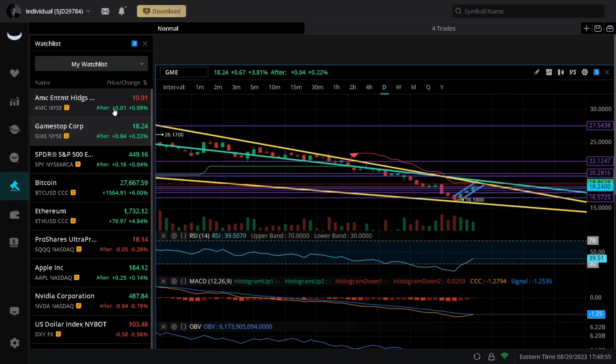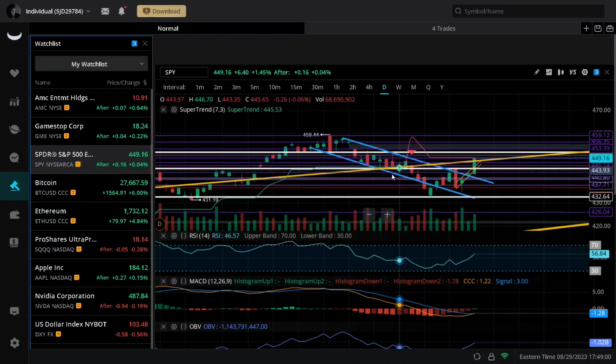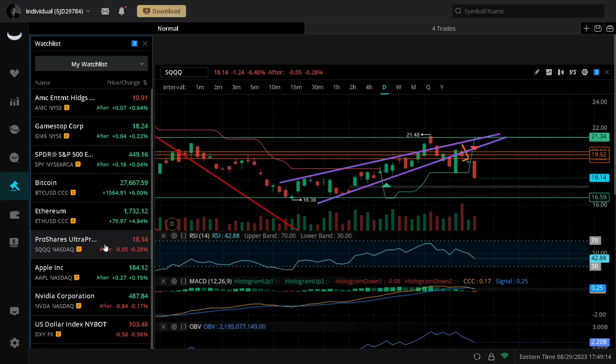I do think September is going to be a great month for meme stocks, and it's going to be a bad month for the market. Historically, September and October have been very bad months for the market. If you look at historical context, you'll see that September and October have been down months for the market most of the time, and this is why I'm playing SQQQ. SQQQ goes down when the market goes up and goes up when the market goes down. I believe SQQQ is going to see more downside.